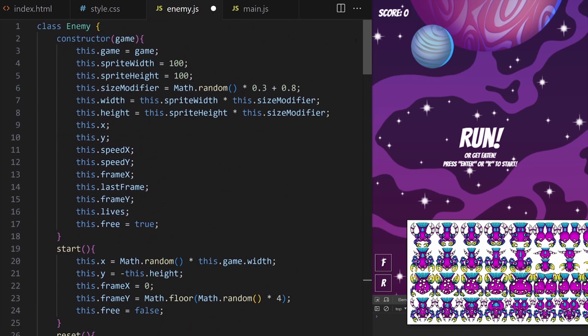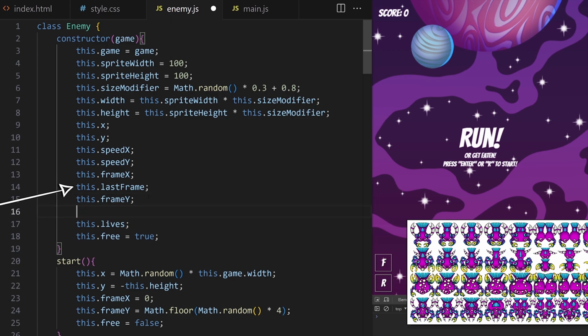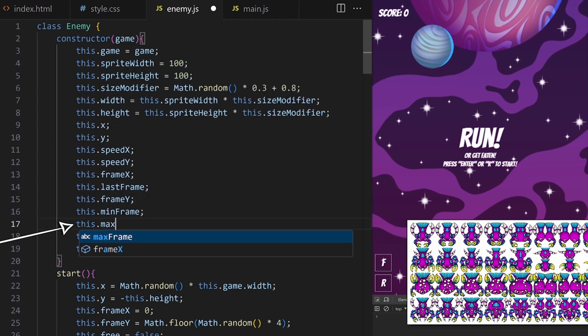Okay, so what I'm doing here, frame Y handles vertical sprite navigation. Frame X handles the horizontal sprite navigation. Last frame is the last horizontal frame. Once it was displayed, we know the enemy can be deactivated. MinFrame and MaxFrame will define some animation range we are currently working with, depending on which state the enemy is